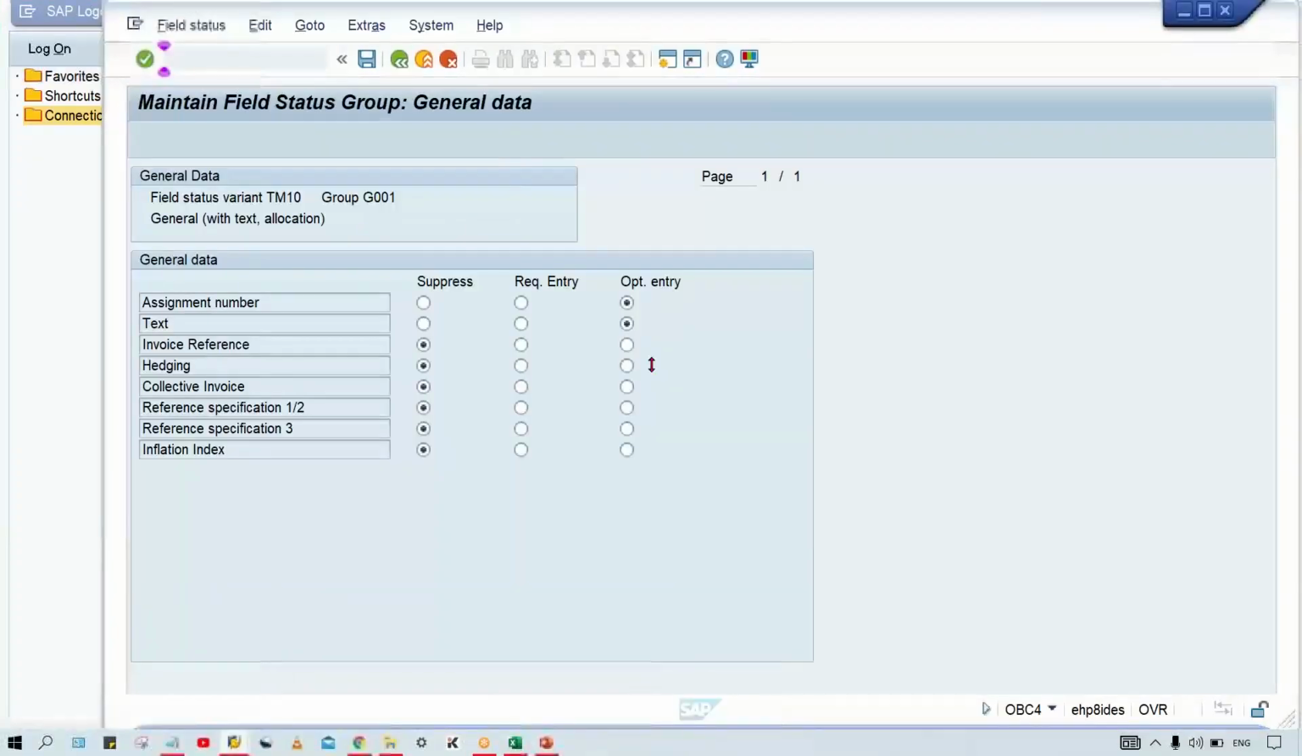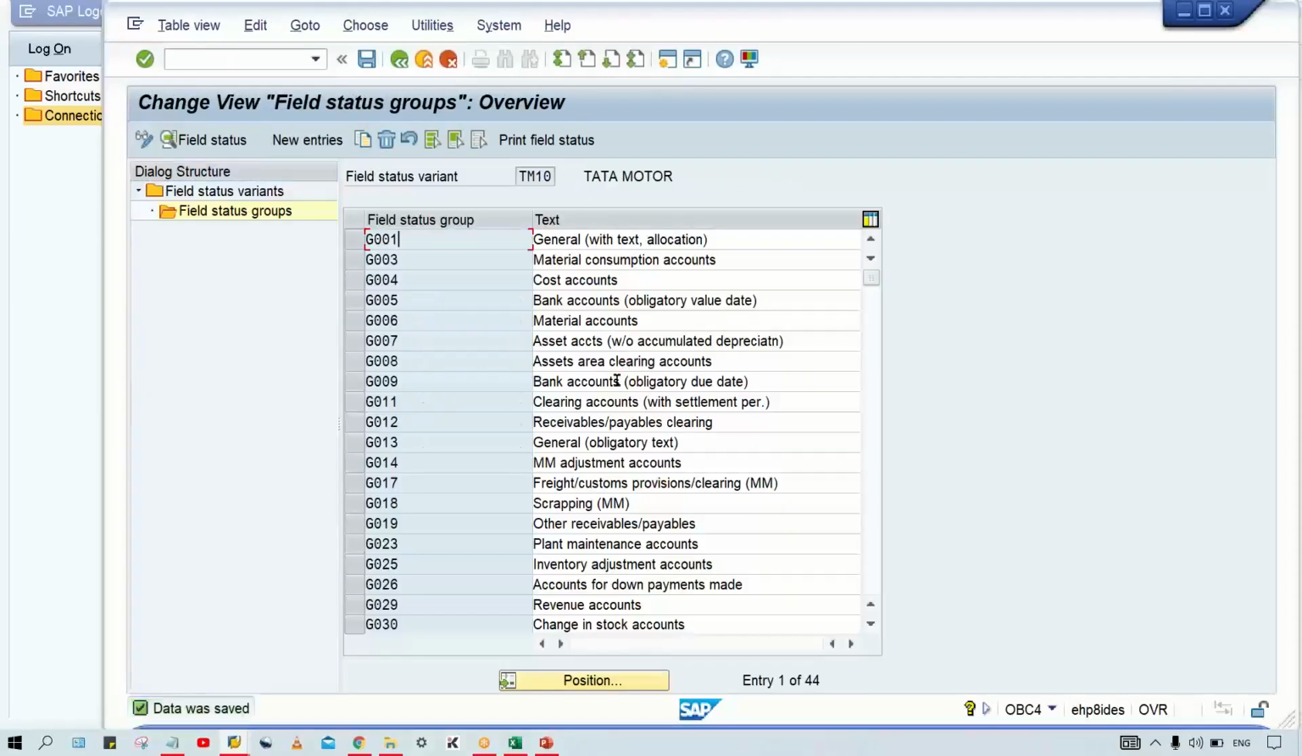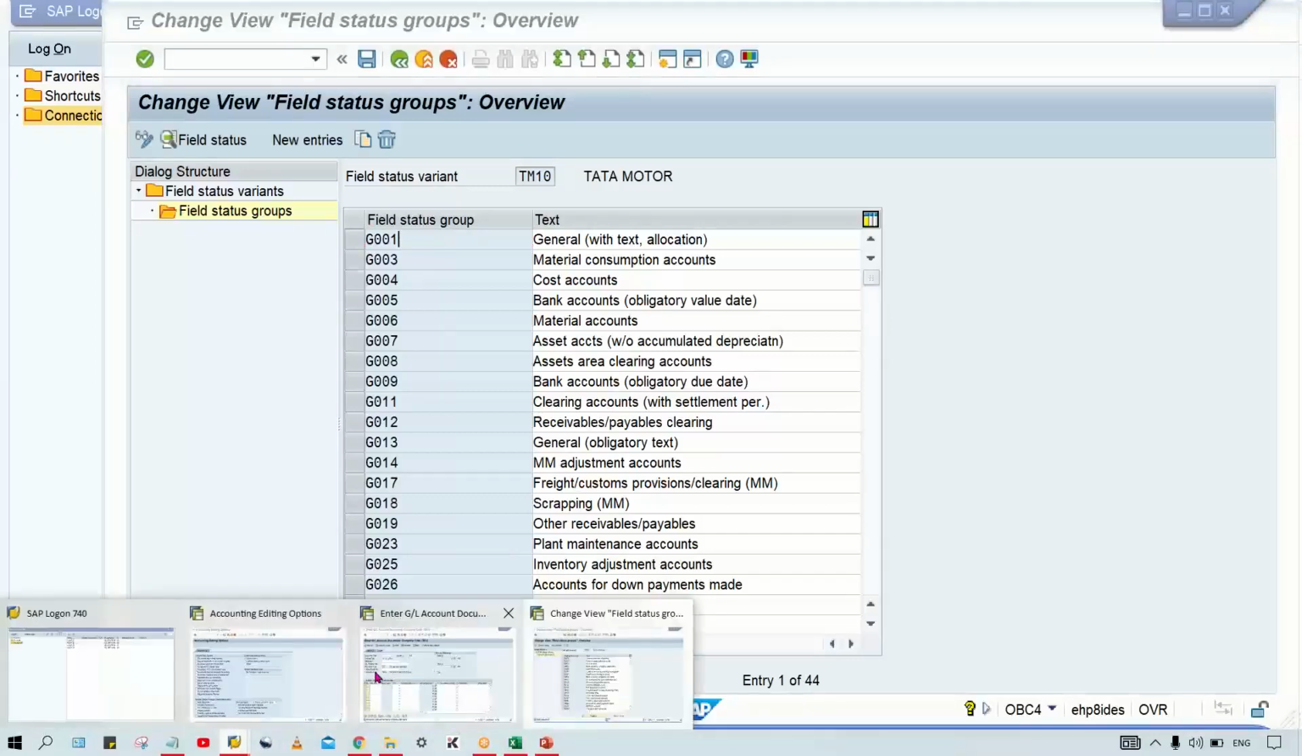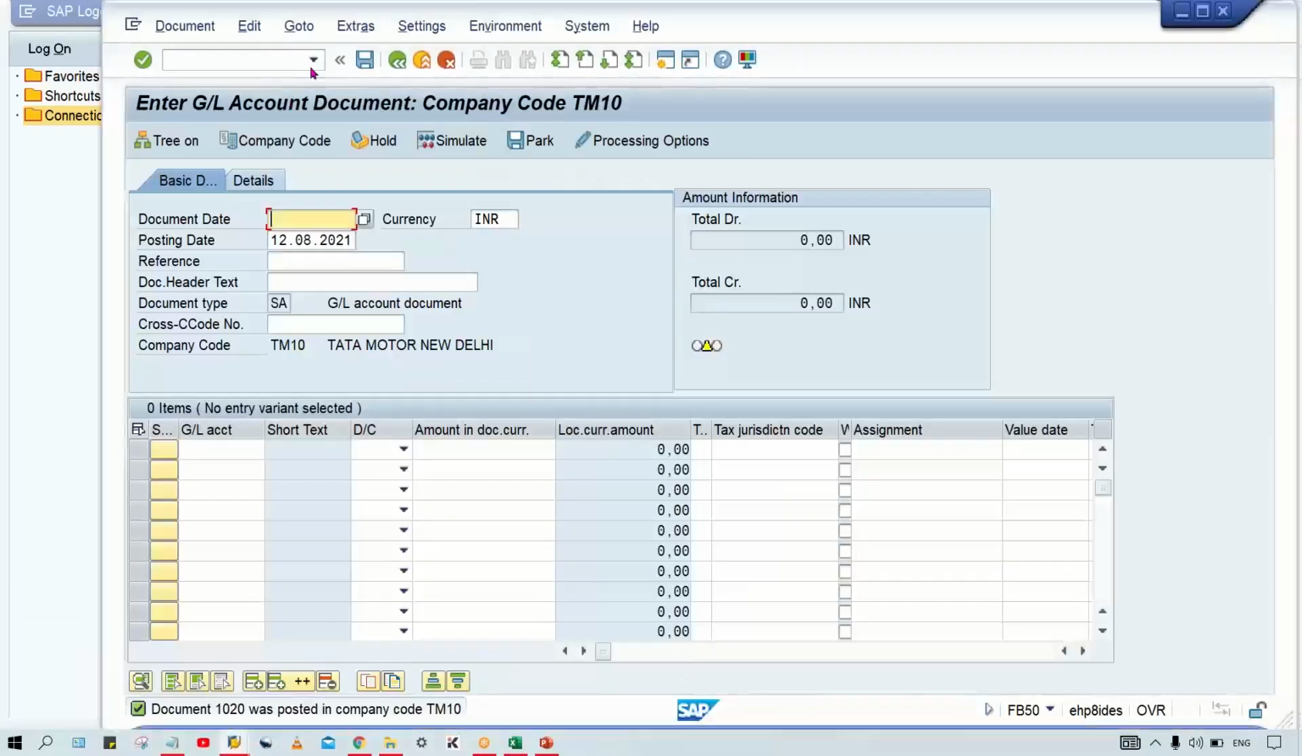Why did it get posted, guys? Is it saved? Is it saved or not? I think it was saved actually. I had saved it. Now I just do it once again because it got posted. The system should not allow it if it is